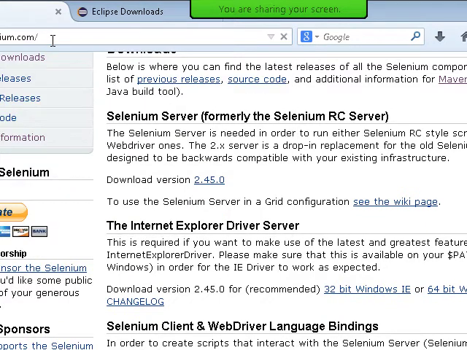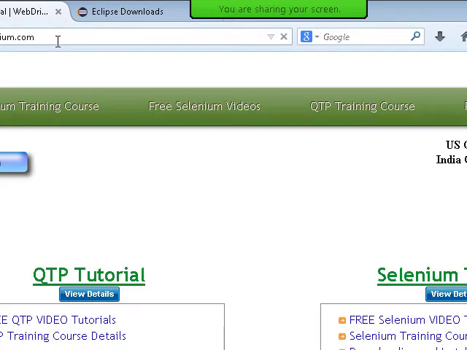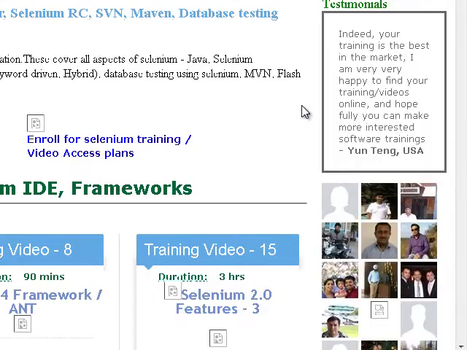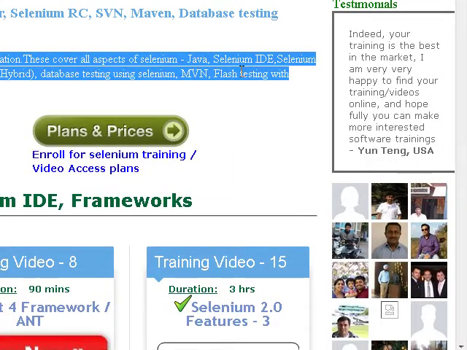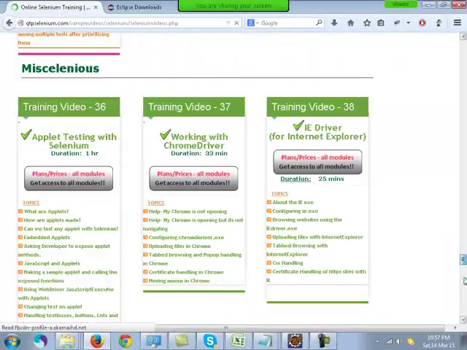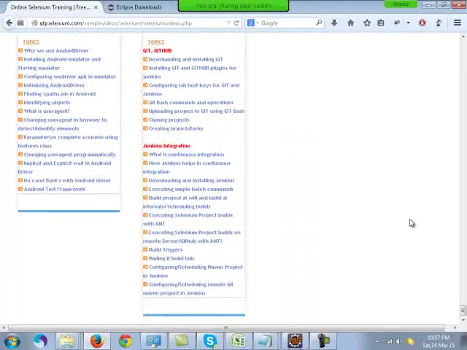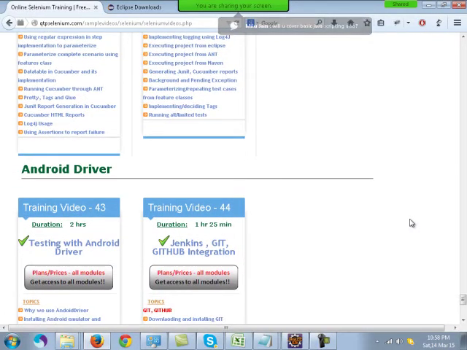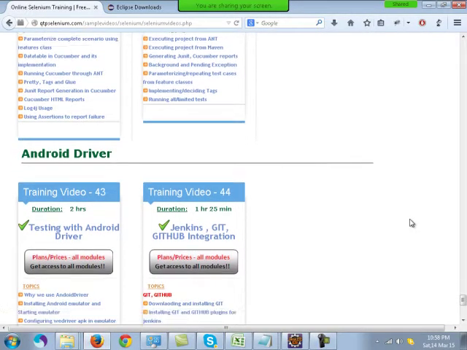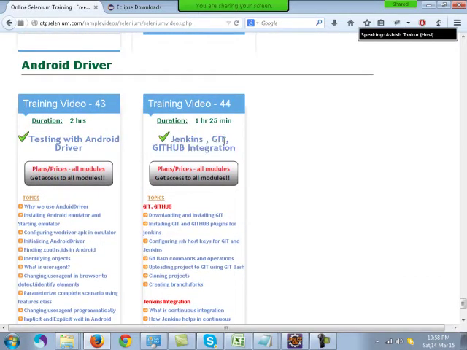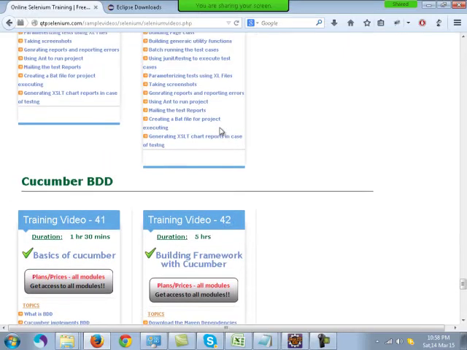These tools are again covered. They are not tough, they are very easy. It's all about configuration. If I tell you to go and install Java in your machine, I cannot train you to install Java. You just go to Google, download the exe and install it. Similarly, these tools are the same. The only thing is the configuration is a little lengthy. This Jenkins, GitHub integration I've covered over here.